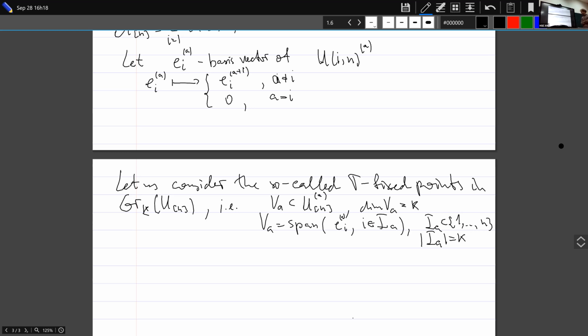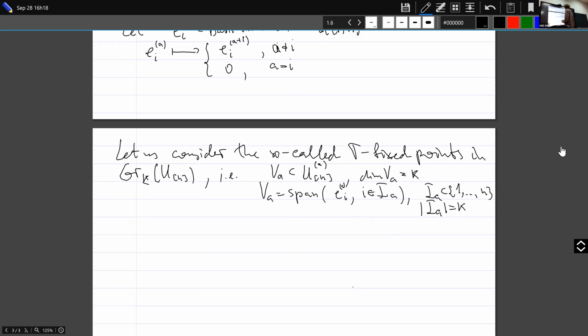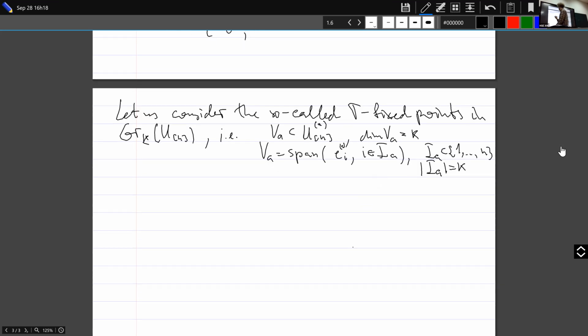Okay. So that's it. But why do we want this? So let me write it as a condition, which says that such a point, so V^A being the span of